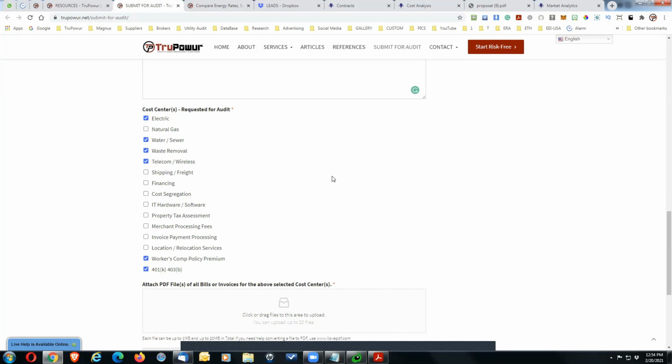So it's pretty simple. We're going to start by opening with the utility audit, getting the electric bill. Then we're going to upload it to the auditor so they can get started. Then we're going to generate a proposal to provide additional savings on their electric account. And then once that's signed off by the supplier, we want to go back to the customer and add